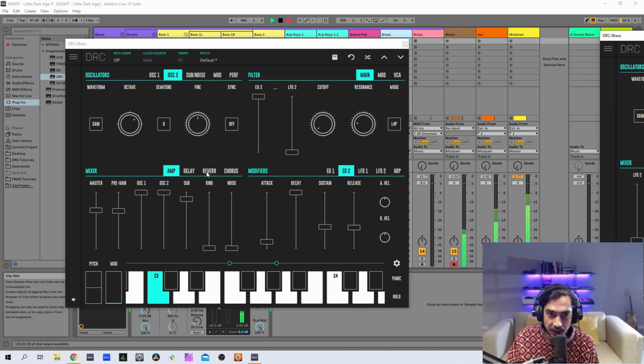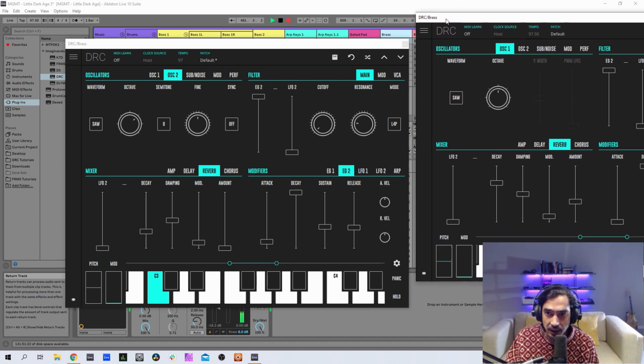Finally, we go to the reverb. And we have 365 on the amount, a decay of 699, damping of 500, and a modulation of 100.